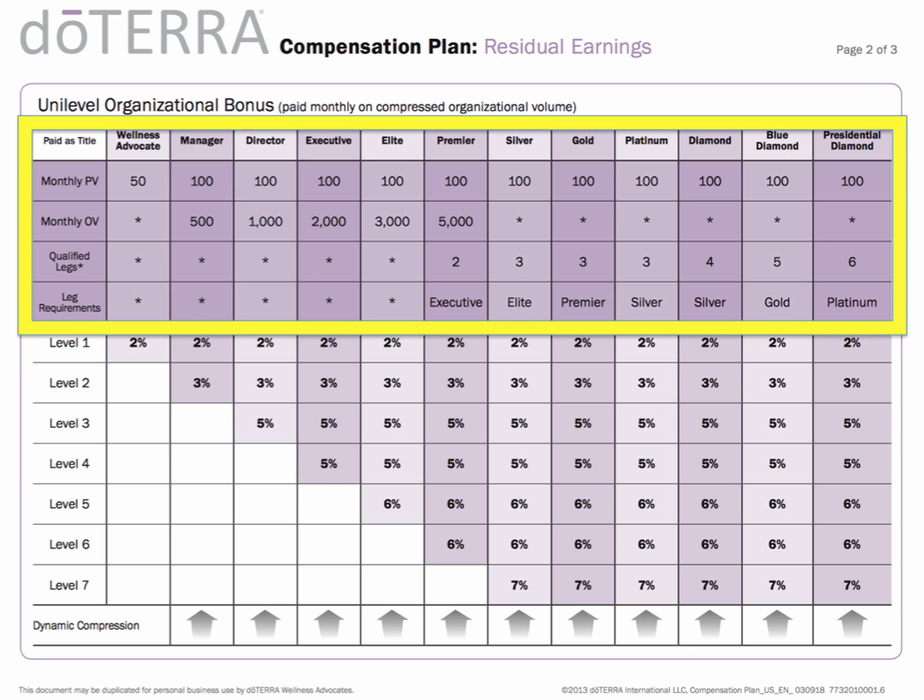Now, sometimes people will say, do they have to be on your first level? Well, the answer to that is not necessarily. So let's say Sally's on my first level. She could be my qualifying leg, right? She's on my first level, like we talked about. But David doesn't have to be on my first level. Let's say David is on my second level. As long as I'm the enroller, I'm the one who enrolled him and placed him on my second level, and as long as he qualifies as executive, and as long as he's not underneath Sally anywhere, he's on a separate